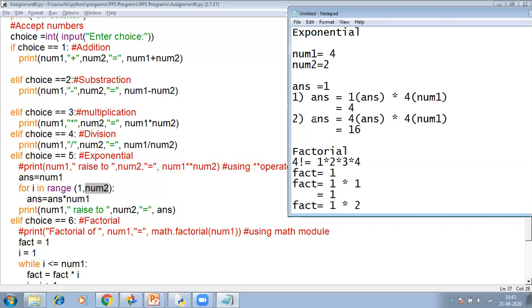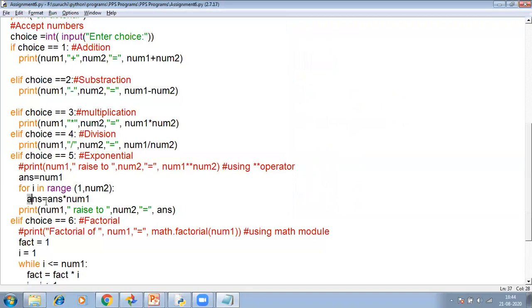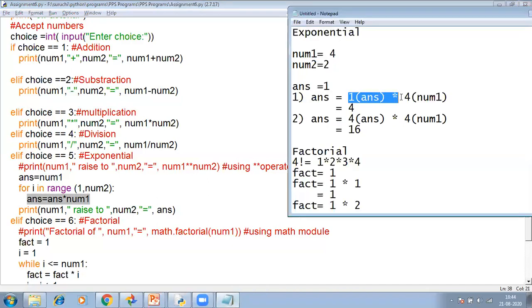So what are we doing basically? Answer equal to answer into number 1. How many times do we have to do it? The number of times as specified in number 2. So we write answer equal to answer into number 1 as simplified and displayed over here.